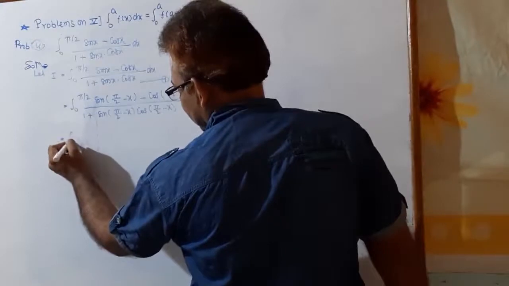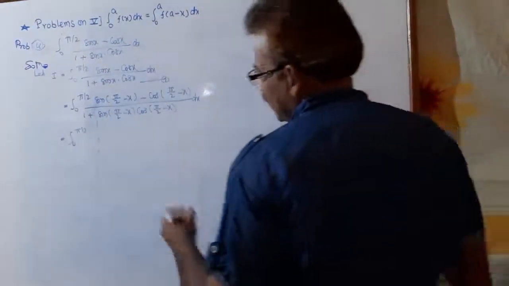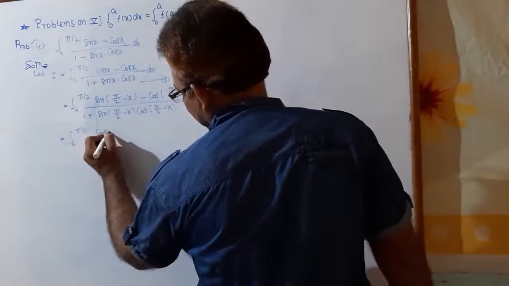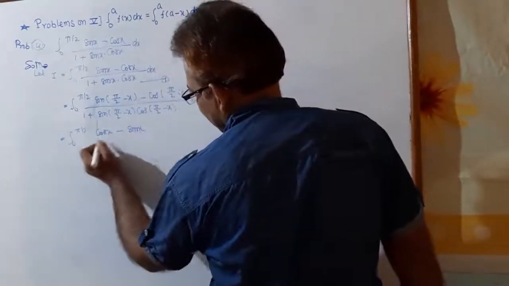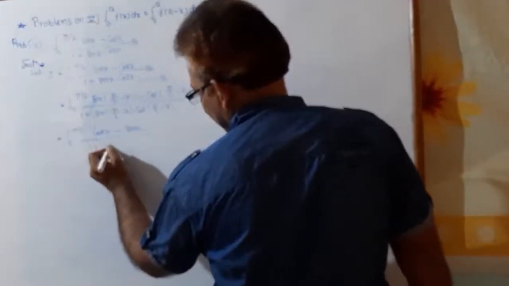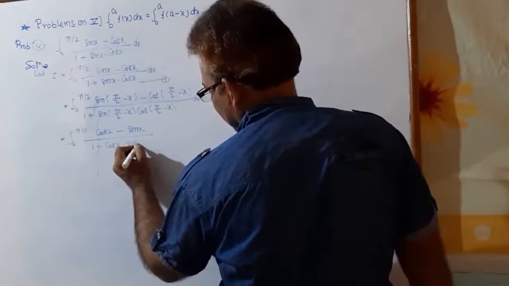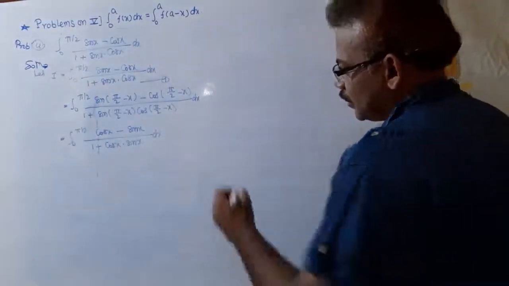So it is equal to integration from 0 to pi by 2 sin 90 minus x means cos x minus cos 90 minus x means sin x divided by 1 plus cos x into sin x dx. Suppose equation number 2,